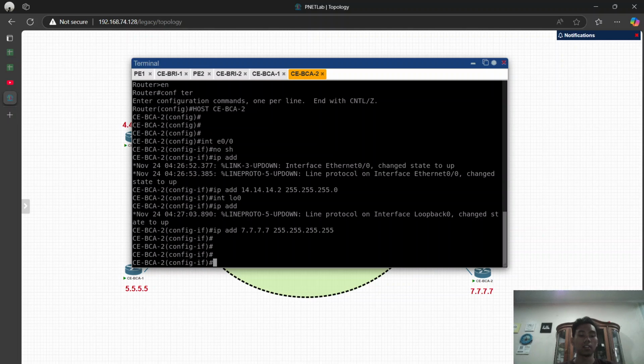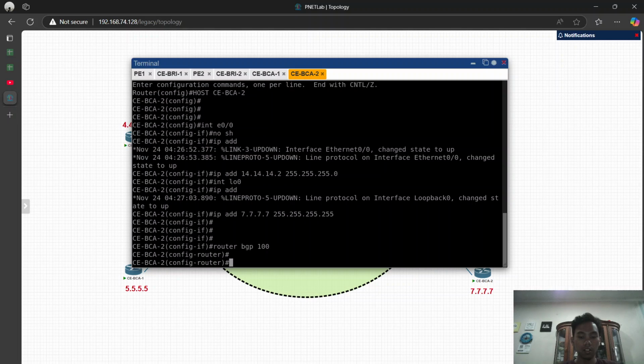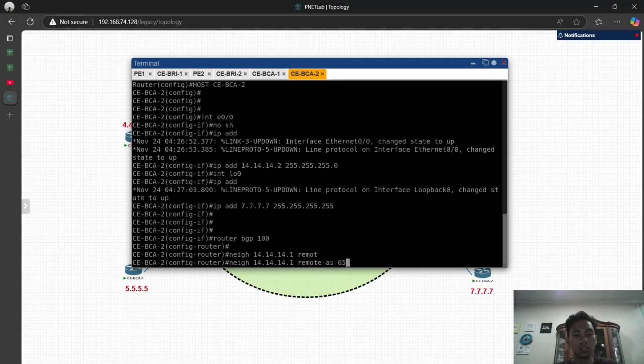Okay, and then we're gonna set the router BGP 100. Before setting the network, we're gonna set the neighbor first. Neighbor 14.14.14.1, remote as 65000.